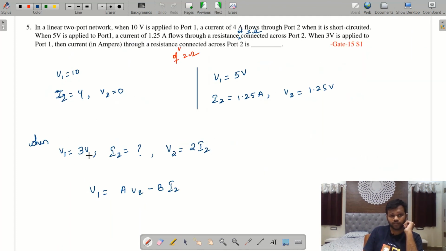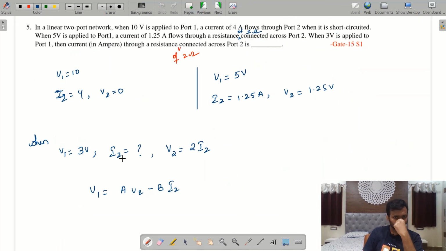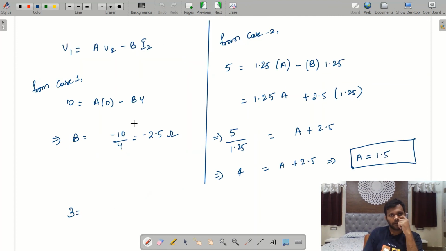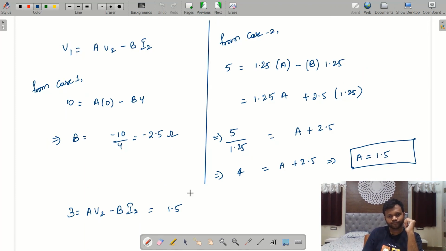If a voltage of 3 volts is applied at port 1, means V1 equal to 3, which will be equal to A into V2 minus B into I2. Now what is the value of A? 1.5. What is the value of V2? What is the resistance you are connecting across port 2? 2 ohms. So 2 into I2